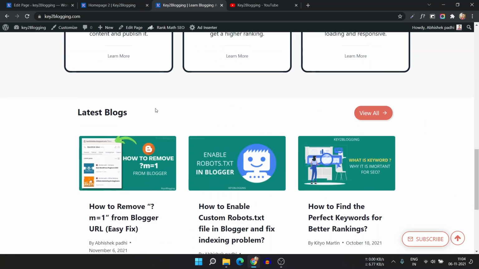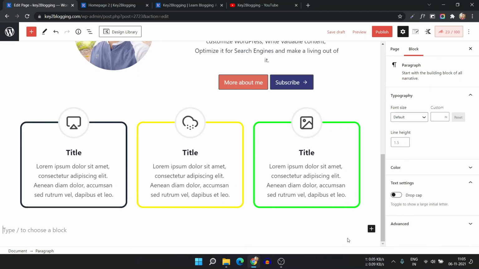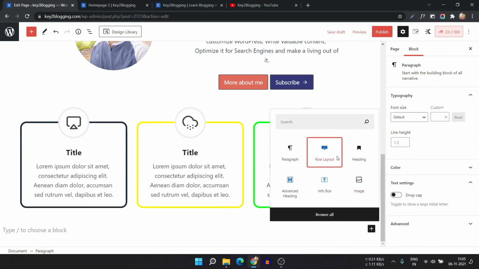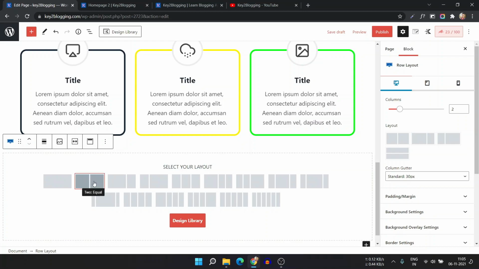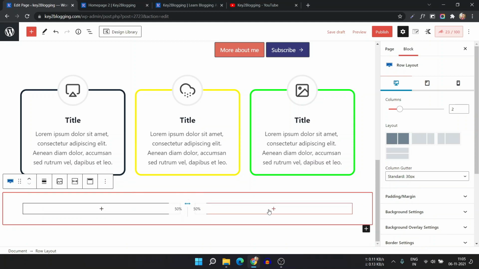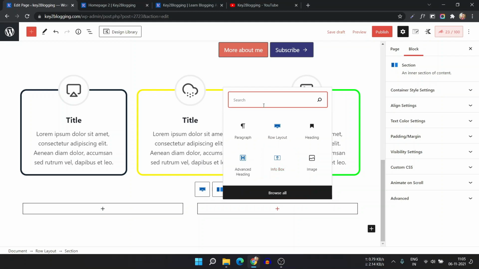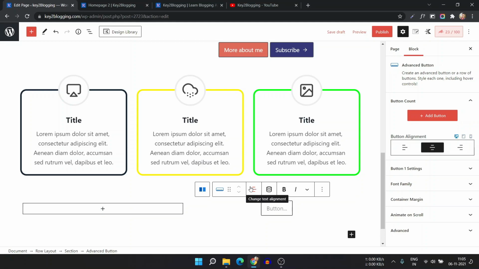So here I will add a 2-row layout, one is for latest block and this button, and then second row layout for this section. So go to the editor and here click on the plus icon and let's select the row layout, and let me just select this option 2 by 2, and let me just make it to use theme inner content width, and here I will add a button. So I will type advanced button, and here let me just type view all or view block,